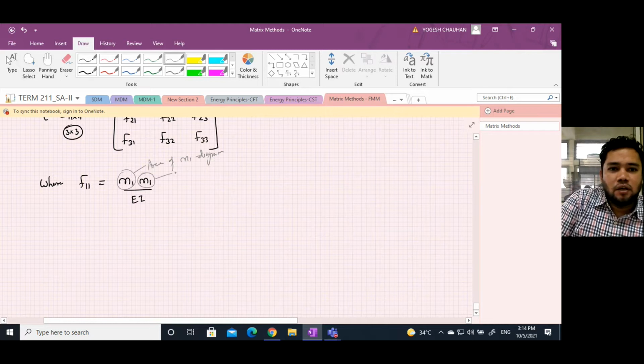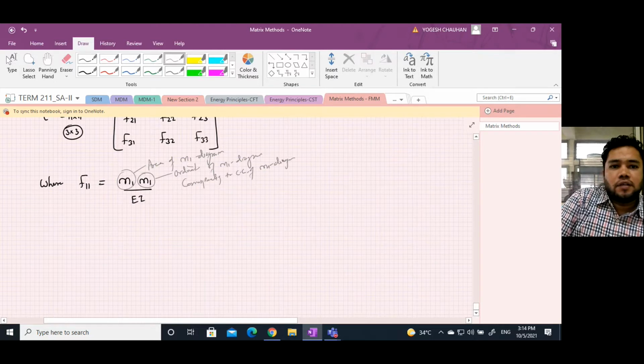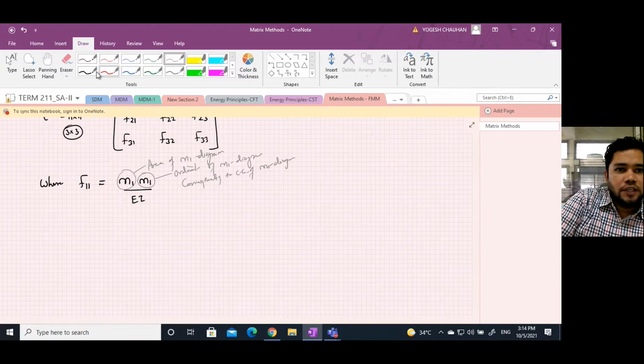So you take the ordinate of the small m1 diagram corresponding to the CG of the small m1 diagram. So in this case it will be,